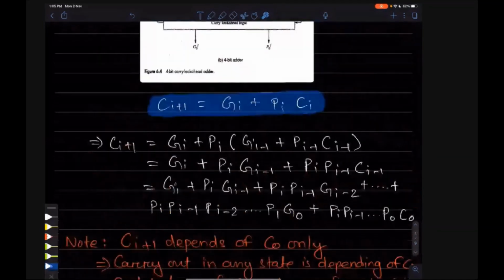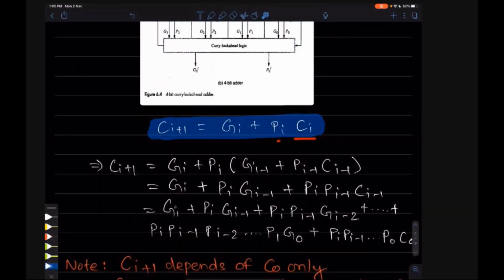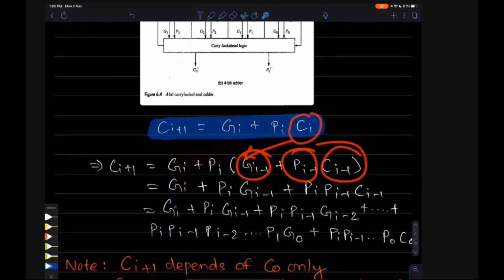We know that ci plus 1 is equal to gi plus pi ci. This is the previous equation, where gi is equal to xi dot yi, and pi is equal to xi plus yi. Now what we will do is write ci plus 1 as gi plus pi times ci. What is ci? ci is nothing but gi minus 1 plus pi minus 1 ci minus 1.